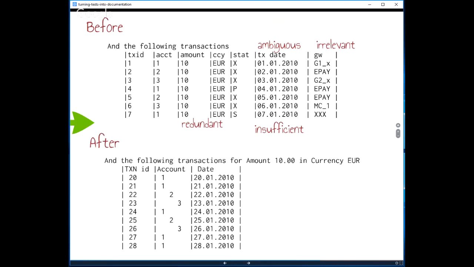So what have we done? Well, we've removed the columns that don't have a direct relevance to the test. So anything that doesn't appear in the statement. Now, the amount and currency arguably are relevant because they do appear in the statement, but if we don't actually need to vary those values, we can just set them once in the introductory statement, and again, that removes some noise from our spec. We've also modified the dates because an American looking at the original list of dates could